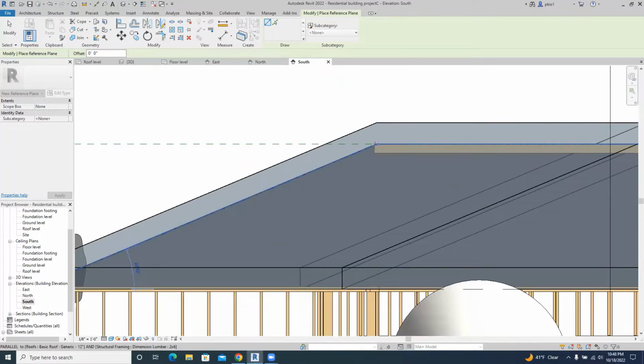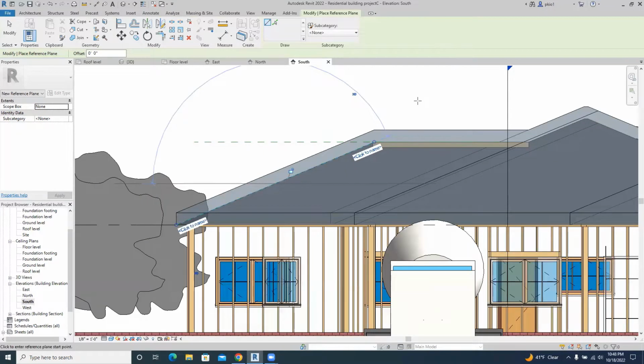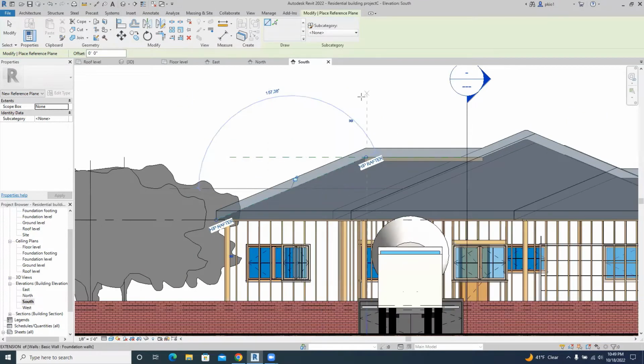So for me, I'll click at this point so that I don't miss it. And then click to name this reference plane. So this is going to be the hip rafter. Hip rafter reference plane. Good. So we have our hip rafter and it's showing us an angle up there. And then we'll go back to the roof level